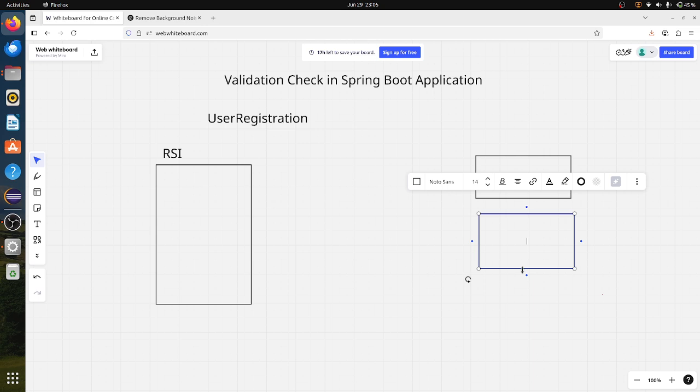If it is one or two, we can easily take, or we can directly inject by using Spring Boot through constructor injection or maybe field injection, or we can do dependency lookup also. We can use any way, and we can directly get that object. But if there are multiple classes, or if there are 50 to 100 validation checks,